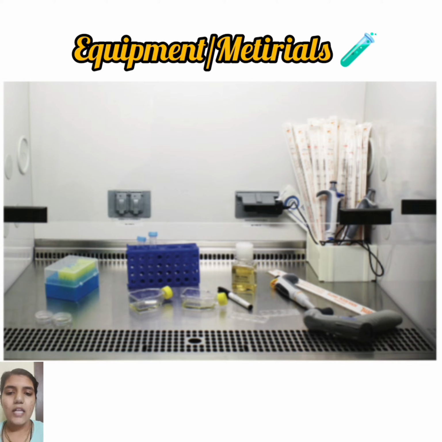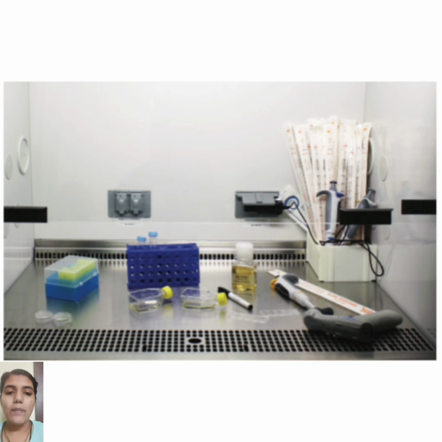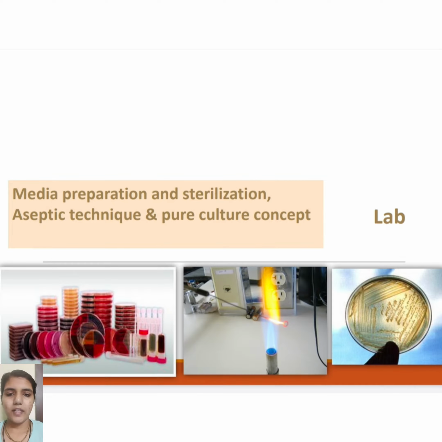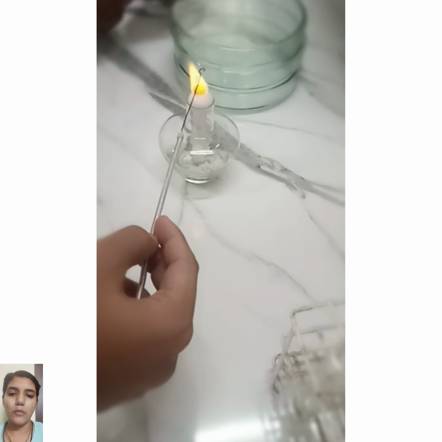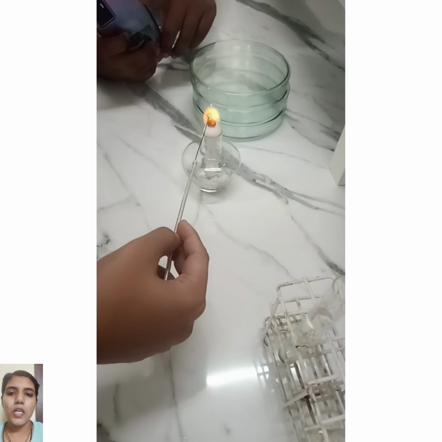Now let's discuss how we apply aseptic technique in an experiment. The materials required for our experiment are a candle, lighter, test tube holder, three different types of nutrient broth, test tube, stand, and inoculating loop. In order to remove the contaminants, heat the loop for about 10 to 20 seconds, and then we need to heat the test